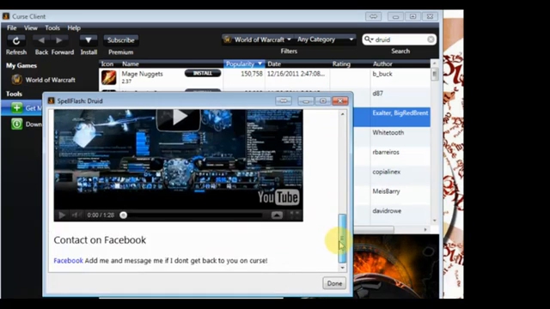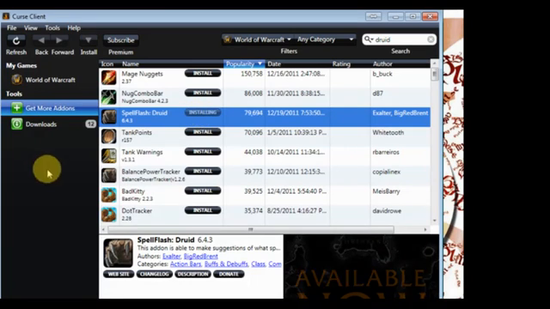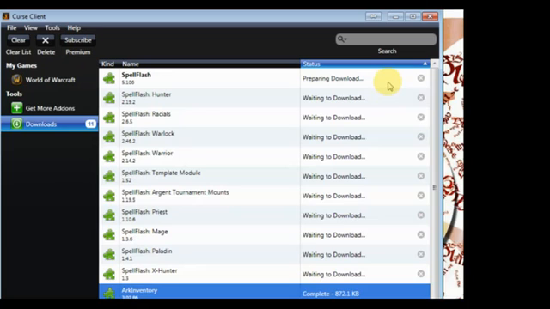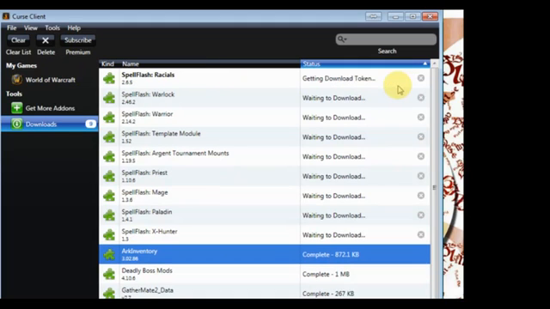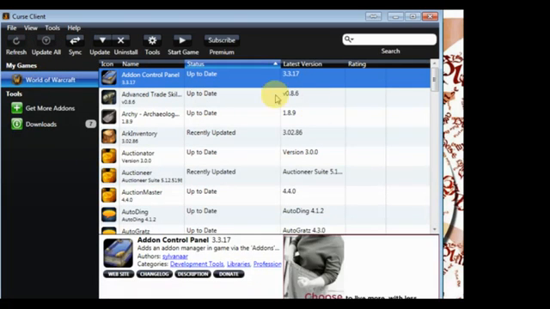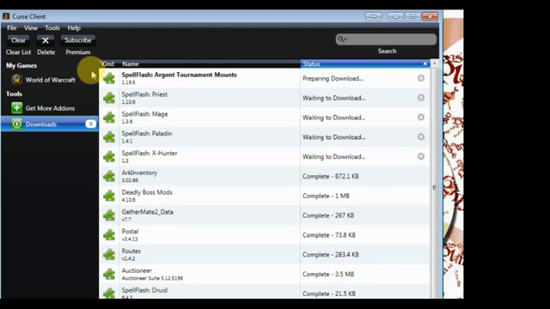But yeah, you can read descriptions. If you like it, this is all you have to do. You click Install. Poof. Guess what it's doing? Here's your downloads. It's downloading it. I don't know what that first one was. So it's downloading. Oh, every single piece of Spell Flash. There's Warlock, all the different classes. That's understandable. So it's downloading it, and then it's going to install it, and then you'll have it in your